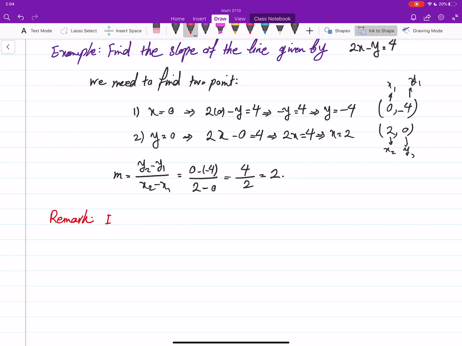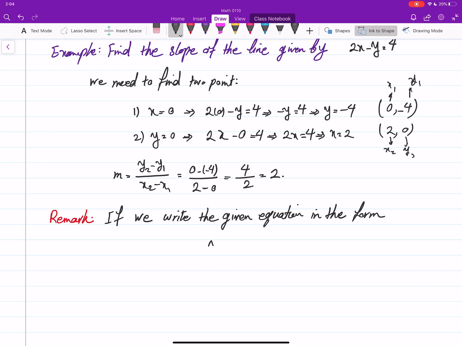If we write the given equation in the form,